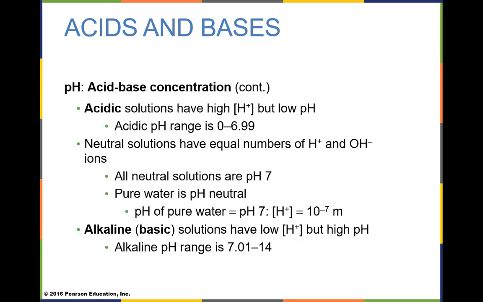Now, hydrochloric acid is somewhere in the neighborhood of 0 because it's very, very acidic. And sodium hydroxide has a pH of 14, so it's very, very basic. Water is neutral. It has a pH of 7. The amount of hydrogen ions at a pH of 7 are balanced. There's exactly 7 times whatever times a negative 10th log scale. So you have an equal number of hydrogen ions and hydroxyl ions at pH of 7.